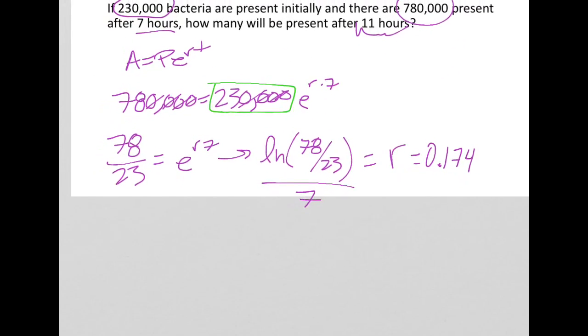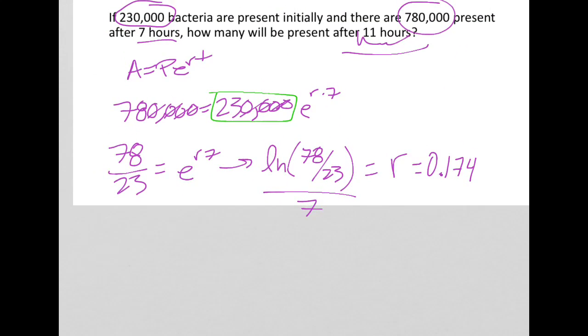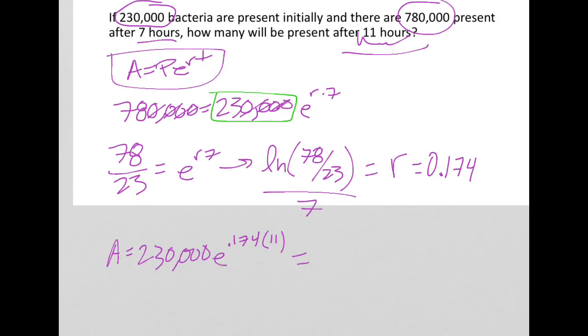But now that I have my rate, the question is, how much will be present after 11 hours? So we're going to use that equation again, and we're going to say that the amount will equal the initial population, which is 230,000, times e to the power of our rate, which is 0.174, times our time, which is 11 hours. And now we just need to crunch this in our calculator, and we should get